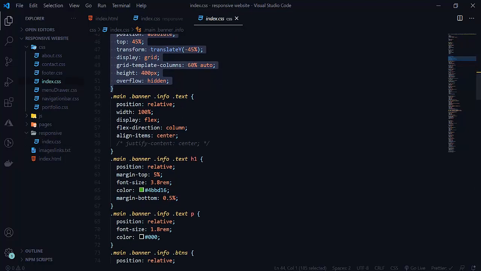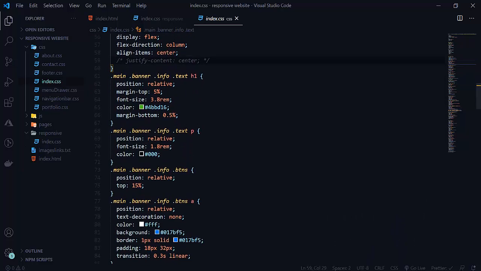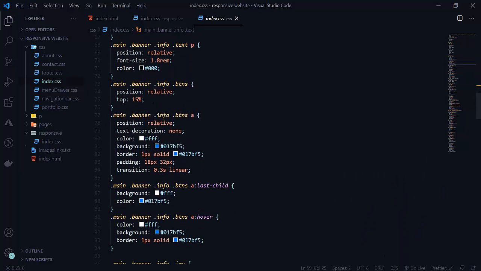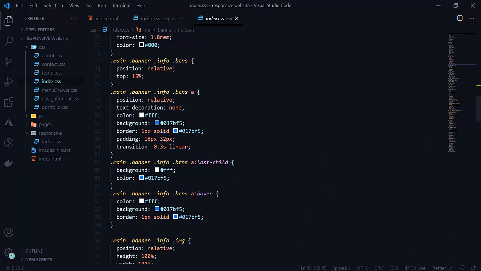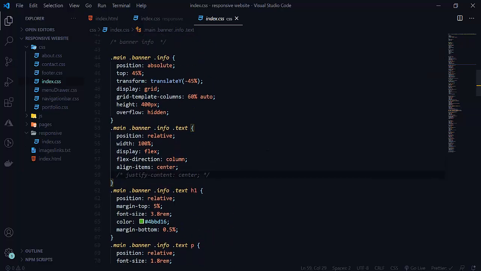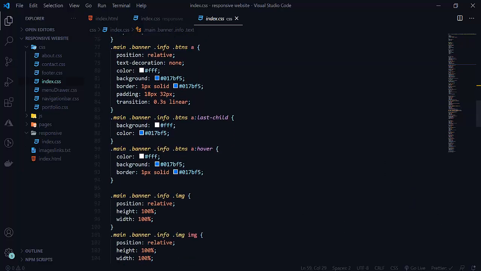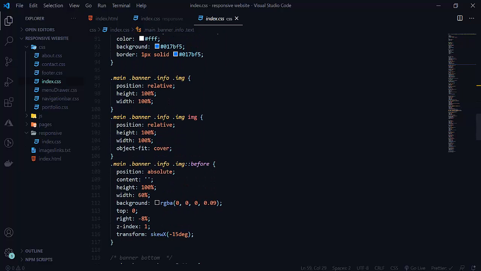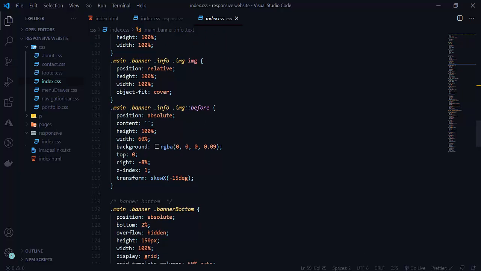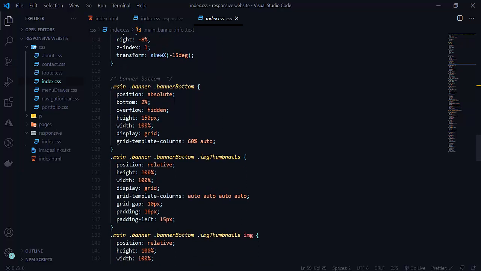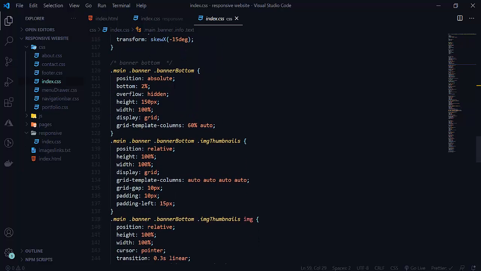So now let's move to our, we set our paragraph, everything here. After that we don't need it for the image also, because for the image we will need it in the next one, when we do the tablet 768 pixel.